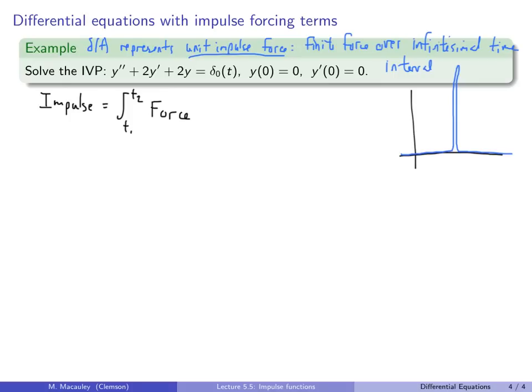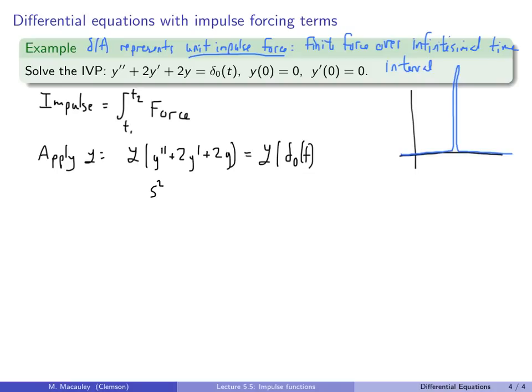So let's solve this. The first step is to apply the Laplace transform. So let's apply the Laplace transform to the left-hand side: the Laplace transform of y double prime plus 2y prime plus 2y. And on the right-hand side, the Laplace transform of the delta function. Normally we need to do each of these separately, but because both of these initial conditions are 0, this reduces down to